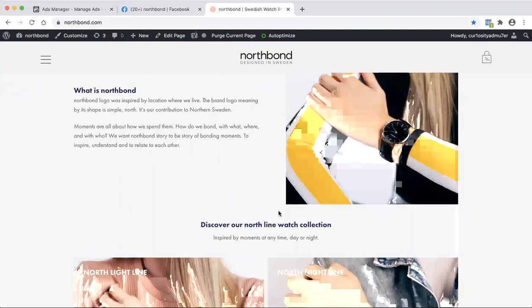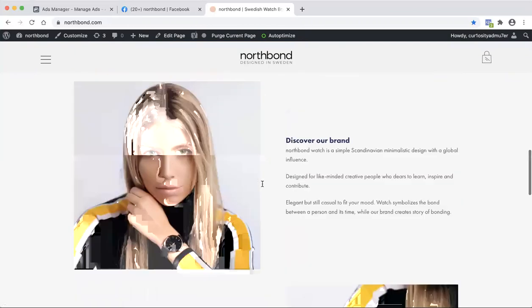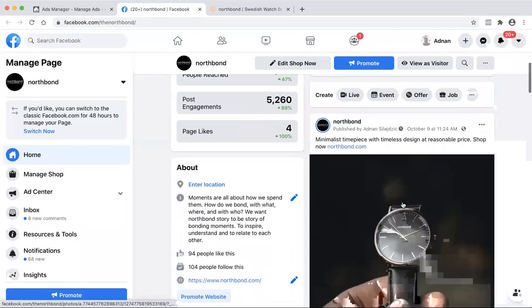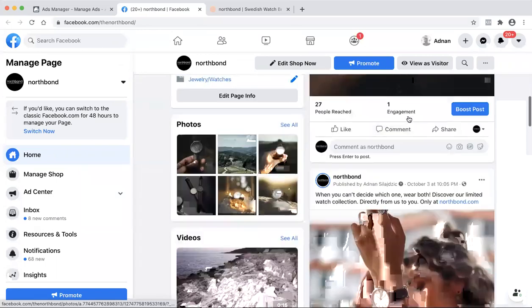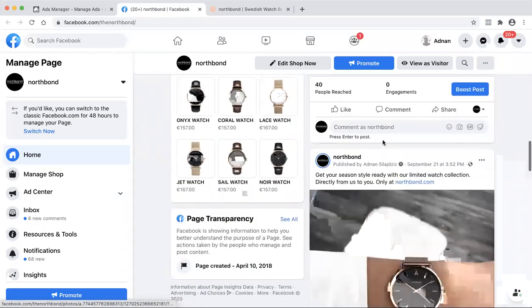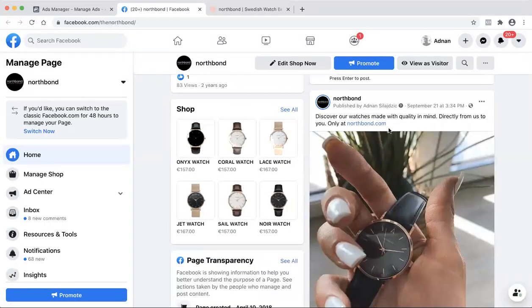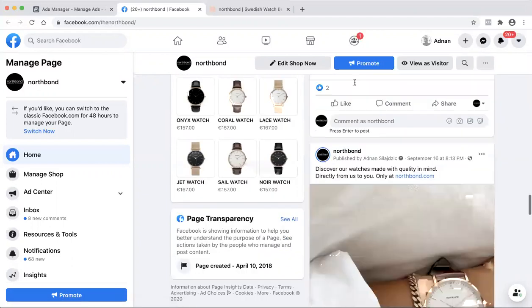You can look at the Facebook page, the copy we have used previously. Maybe this one.